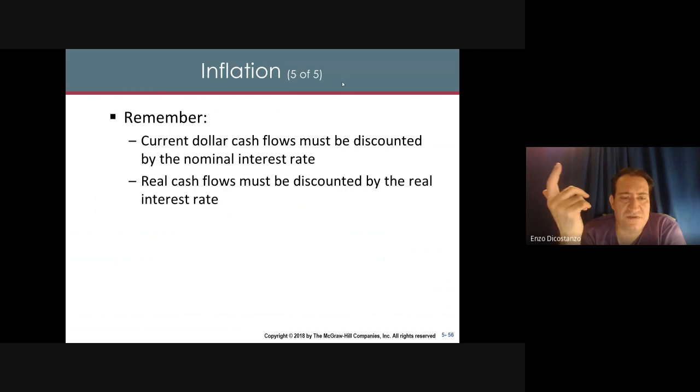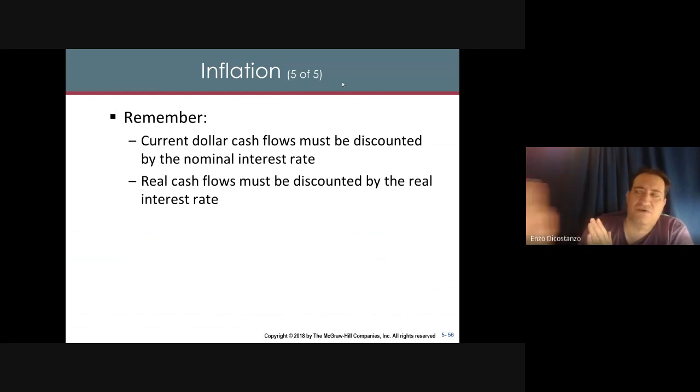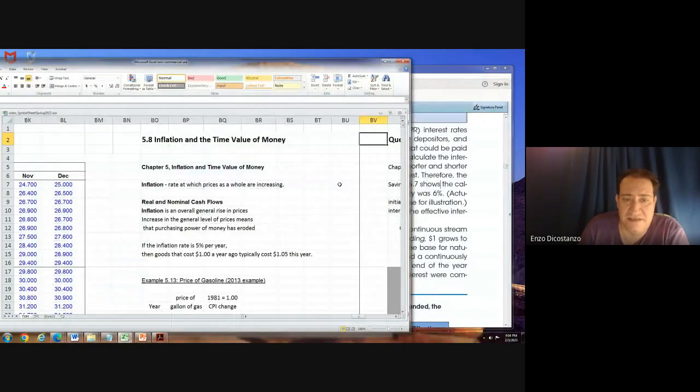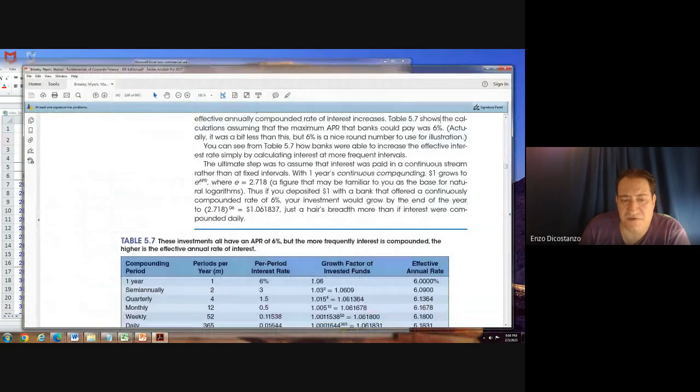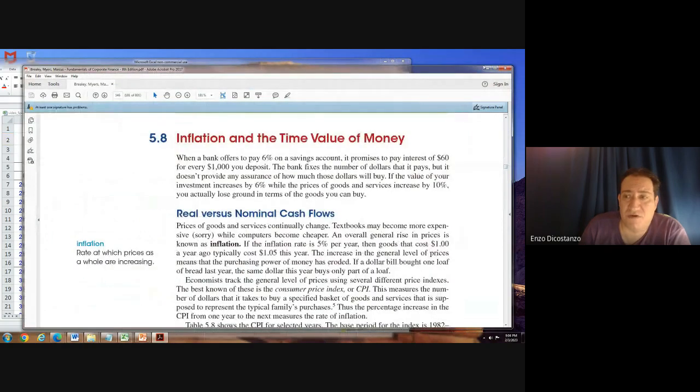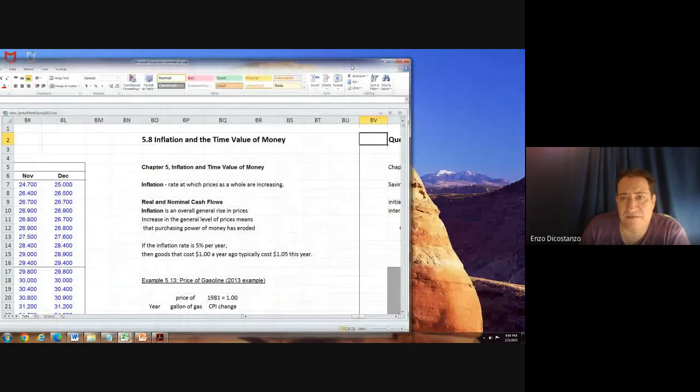Current dollar cash flows are obviously discounted by the nominal rate. So you can't use a real dollar cash flow with a nominal rate. You've got to match up the nominal rates. And we have a long example, like another version of the Bill Gates assignment, for you guys. Okay, so please spend the time on that. It's very important. You guys spend the time in these videos. All right, so that's 5.8, and then now we'll hit some of the Excel